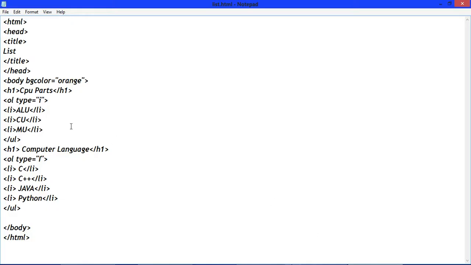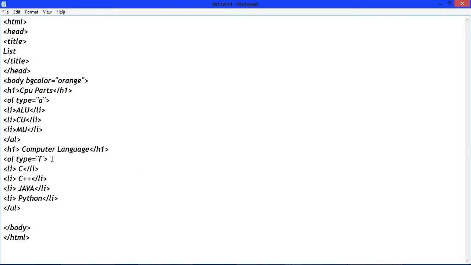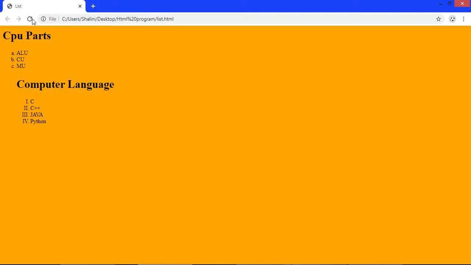You can also change this numeral to letter. Write here small a. Save it. See, now here is small letter abc. Change it to capital A. Save it. Refresh it. See, now it is capital ABCD.